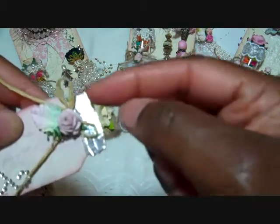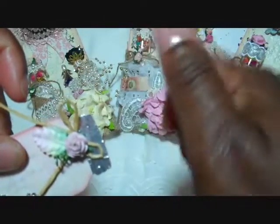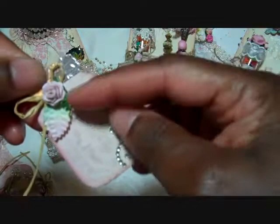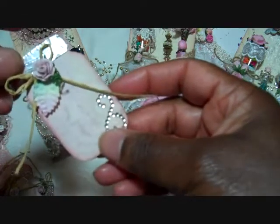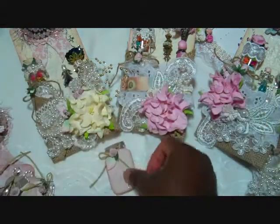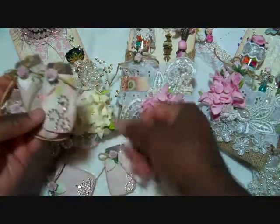And then I put that there, and I just used a little tool to give it some grooves, as if the top has little grooves for the way you twist it on. And then this is some paper cording, and then there's another one of the pink mist open roses, and then the light green and baby pink rose leaf, and then I just added a little bling flourish. So I made a bunch of the different little tags also, so they're pretty much made the same, just different paper